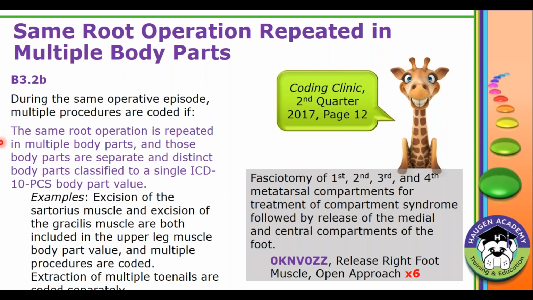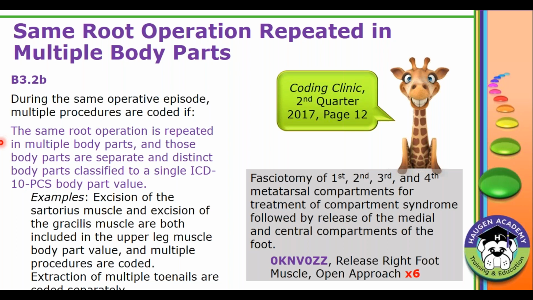This is one that has caused so much confusion. And it caused confusion with us when we first started learning ICD-10 PCS at the Haugen Group as well. And you know, we thought, oh my gosh, this means that anytime the patient comes in and has 5 polyps removed from the transverse colon that we code 5 times, and that is not true. That is not what this guideline says. What it says is you code 1 procedure for every separate body part that happens to code to the same